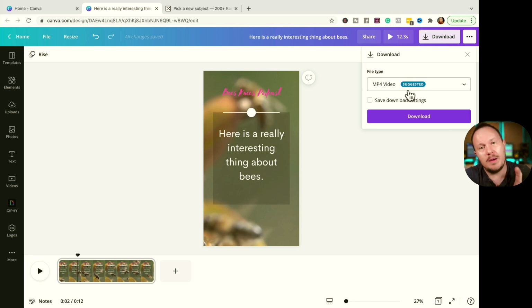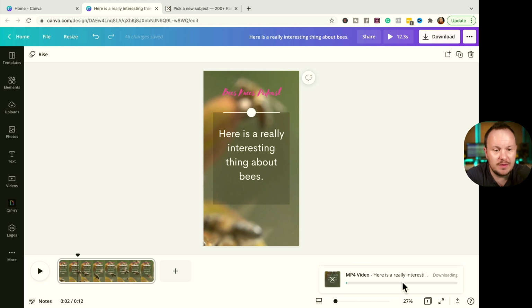And what's really cool about Canva is they usually always suggest the perfect dimensions and file formats and all that, depending on the type of project that you've opened up. In this case, it was an Instagram Reels. And then you can go ahead and say download here, and it will download this. It takes a little time to process the video, as you can see. So we'll let that finish.